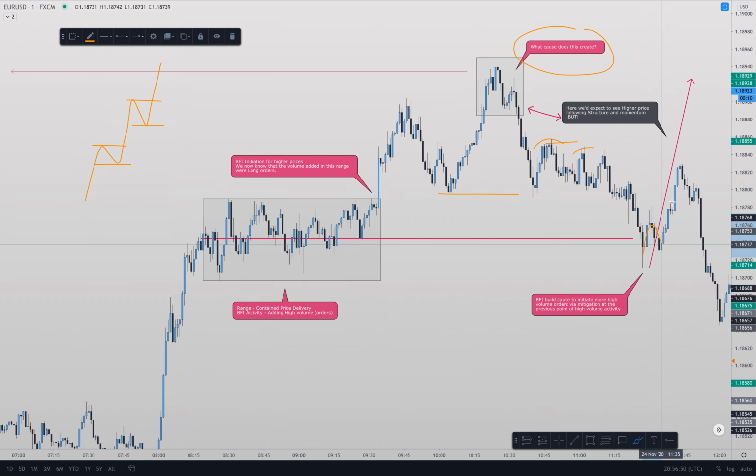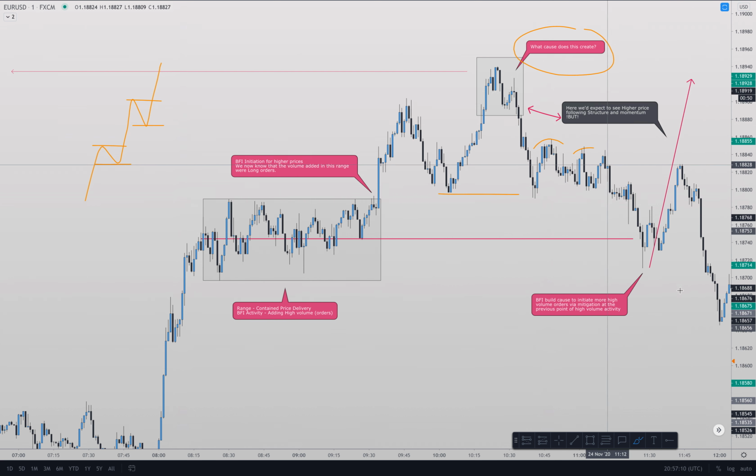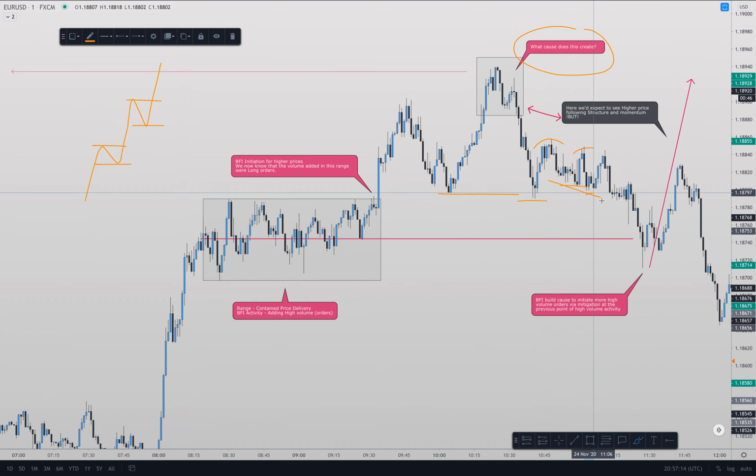And we see that this pullback is just to mitigate in the direction of the momentum shift, bearish, right? Bearish shift. Now we have bearish order flow, and what do we see coming to the market? We see highs being protected, and the market moving to create lower prices. And what is it doing? It's building cause each time. Building cause, as in stacking highs and lows together in order to build cause to run prices in the